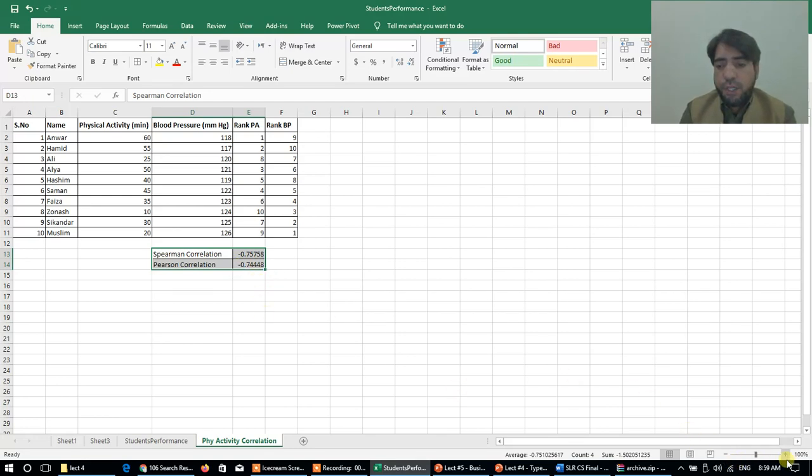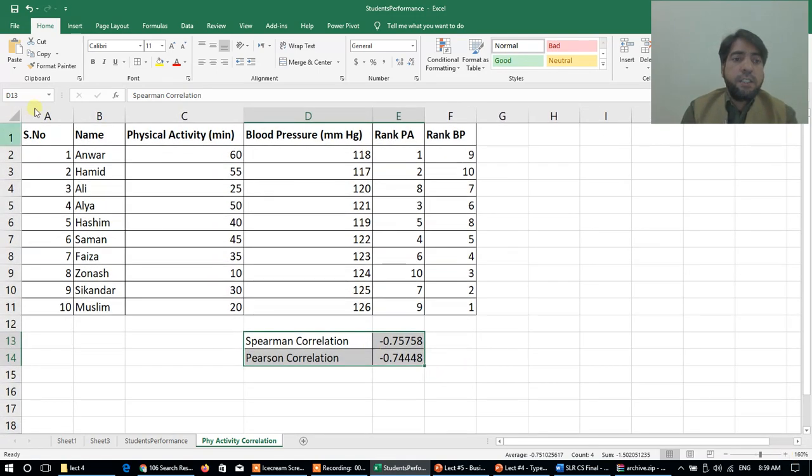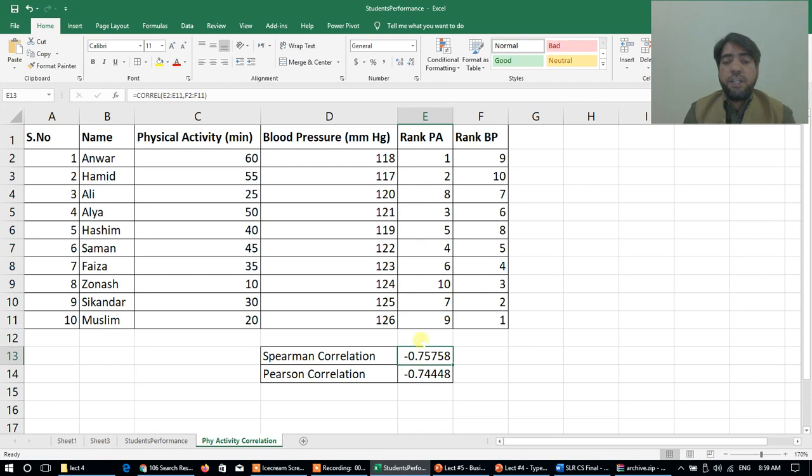So from this you can see that this was the physical activity, this was the blood pressure, and we ranked the physical activity, we ranked the blood pressure, and then we used correlation to find out the relationship between the physical activity and blood pressure using these two, Spearman correlation coefficient and Pearson correlation, and both tell me that a strong negative correlation exists between these two,